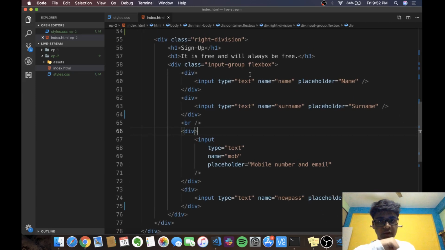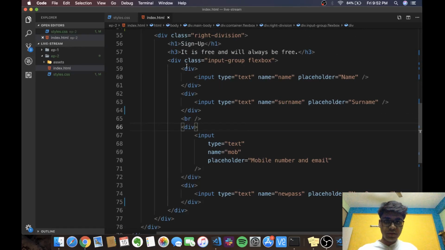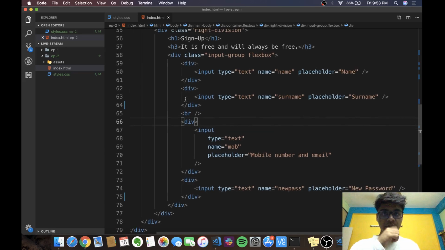this is an input group flexbox and I have added some things in it. I'll just simply remove it, or I should not remove it. Okay, I think I'll let it stay for now. And okay,